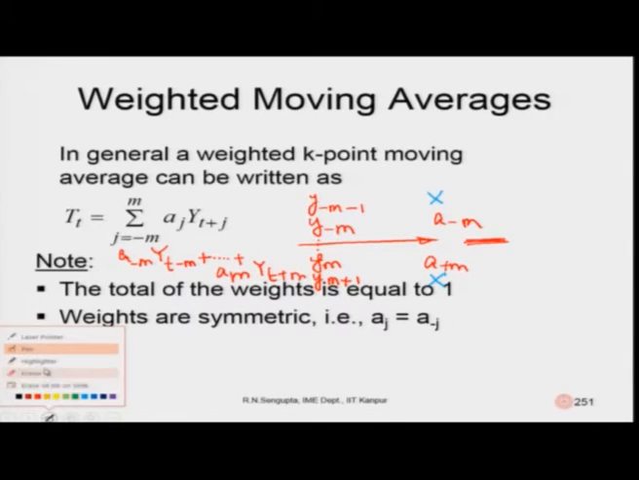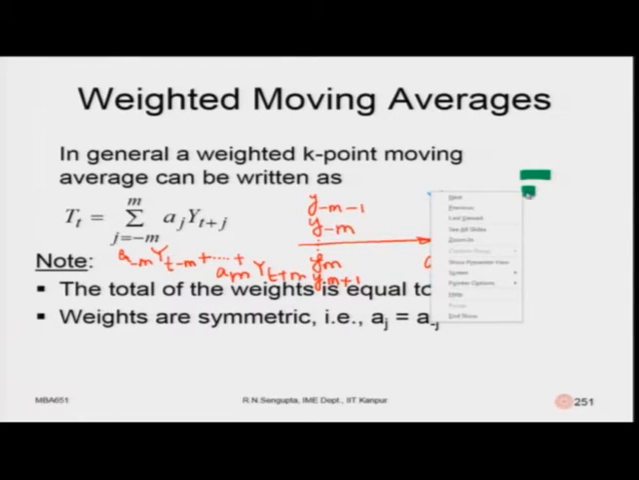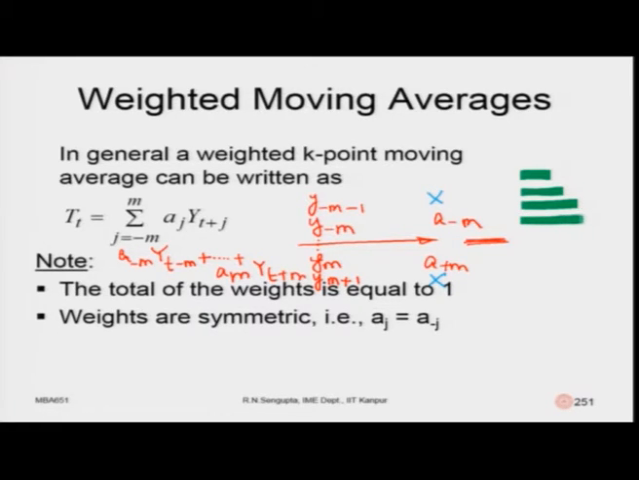and I will use the highlighter with this color. So, the weight for the first one, that means minus m, would be on this side, then it will be this one. I will mark them, then it will increase to this one, then again